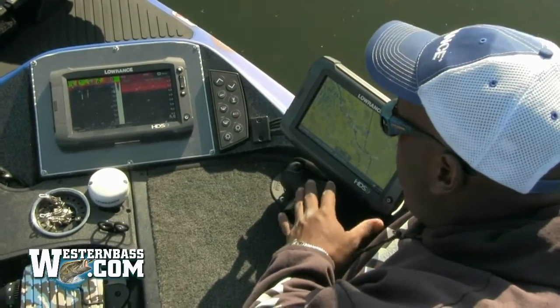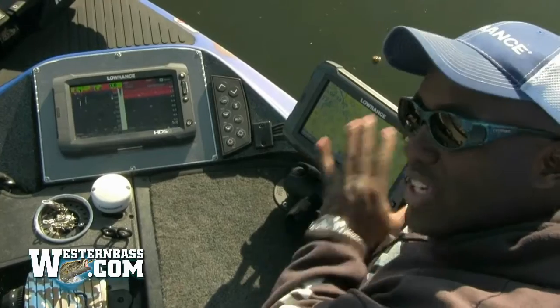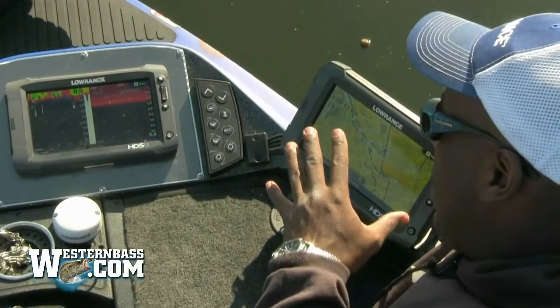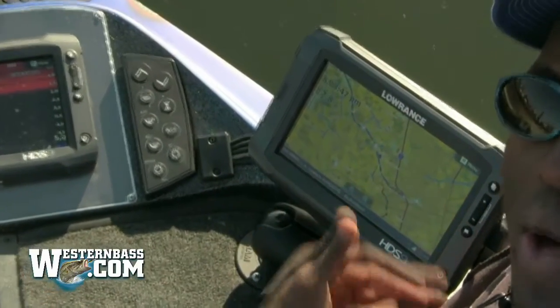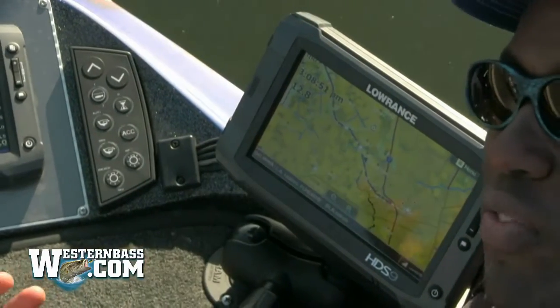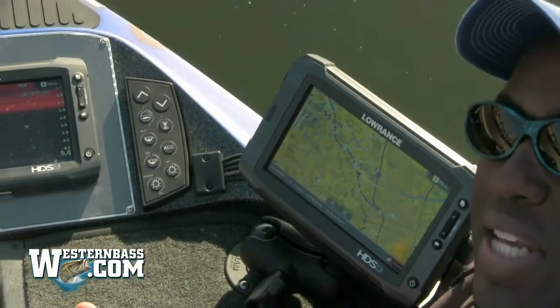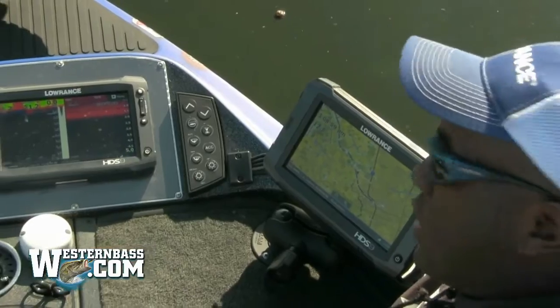But on my mapping, I keep one of the most important things. I keep my clock up here. The clock is hugely important when you're out there fishing a tournament, folks. Let me tell you. I also keep up there the voltage on what's going on with my batteries, so I know how low the voltage is on my batteries when I'm out there fishing. So if I'm sitting on one spot for a long time, I can tell when they're starting to wind down a little bit. I can actually pick up and run and recharge my cranking battery